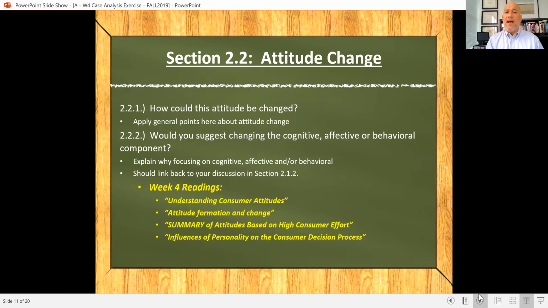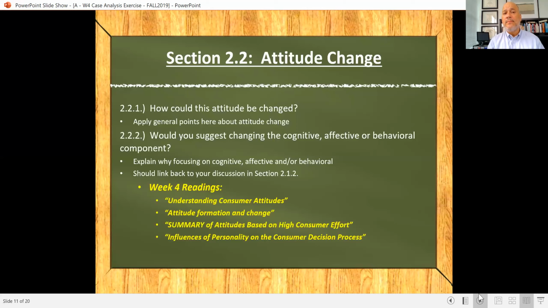And then in terms of your desire, you can focus on wanting to change their cognitive perspective, their affective perspective, their behavioral component, or some combination thereof. Remember that you discussed the cognitive, affective, and behavioral component of their attitudes in the earlier section, so be sure that as you talk about that, you're linking back and it tracks and is coherent with what you mentioned in section